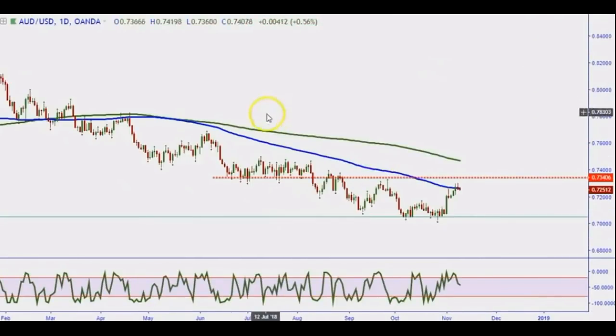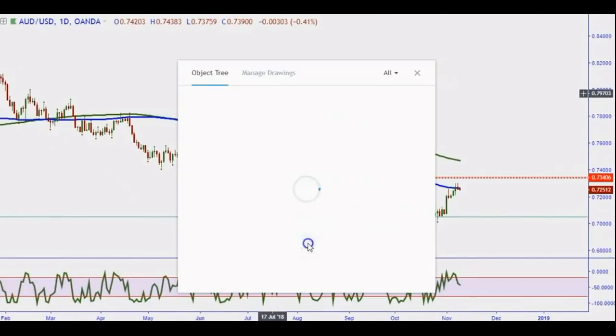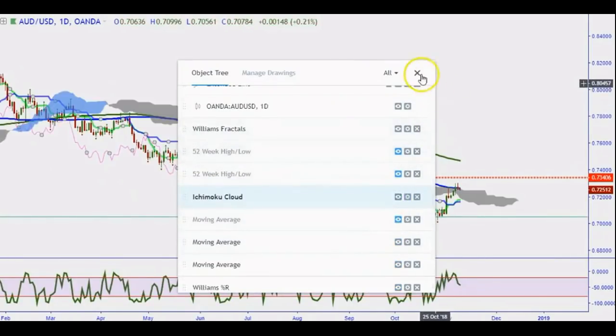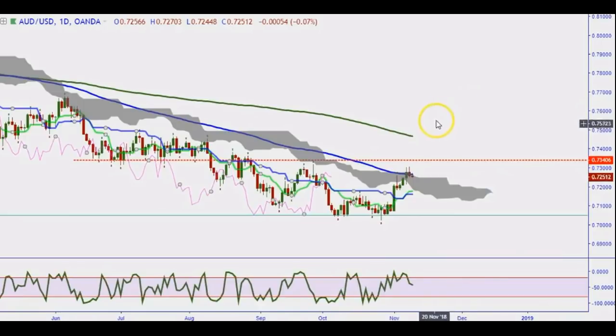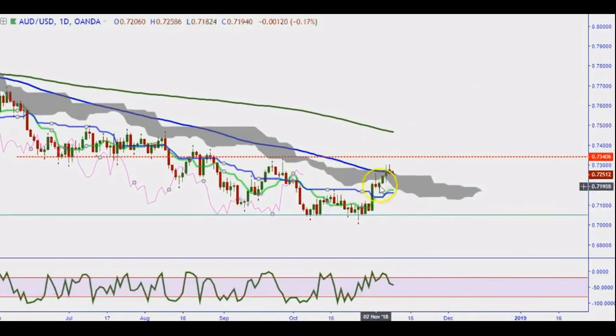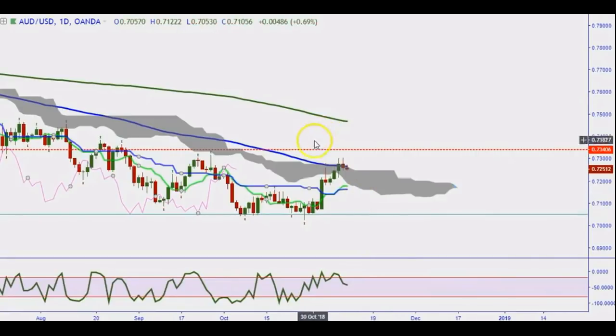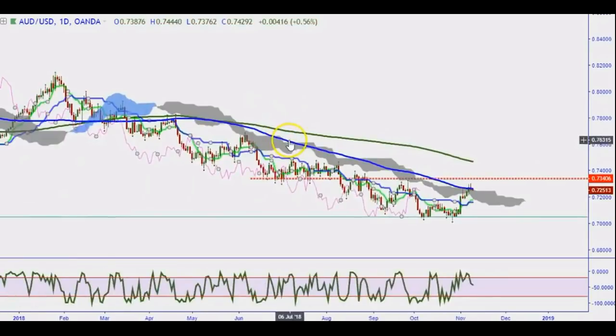Aussie US dollar, let's throw Ichimoku on here, right? So with Aussie US dollar, Ichimoku is going to be telling me bullish here. I got a crossover. The future just turned bright. I think we are going to see the change of direction, and I'm not sure if the moving averages are going to be as quick as Ichimoku, because I see that the moving averages are wide here, and we had